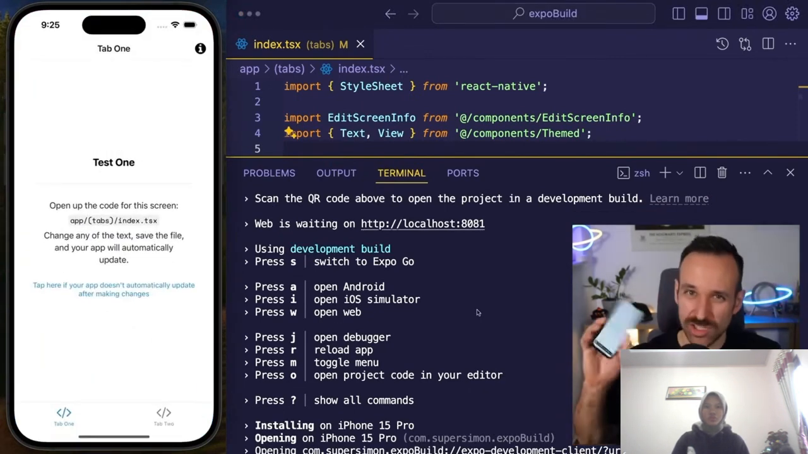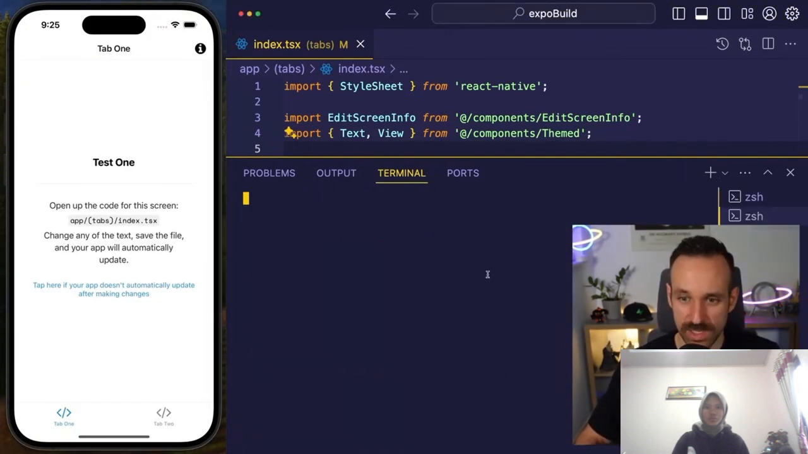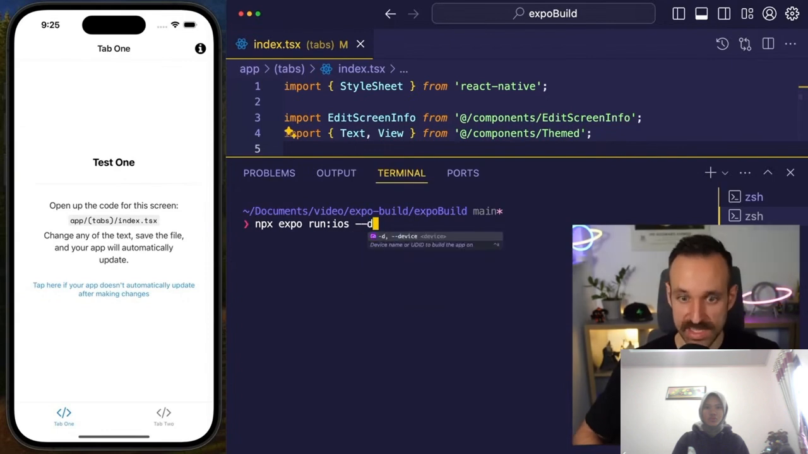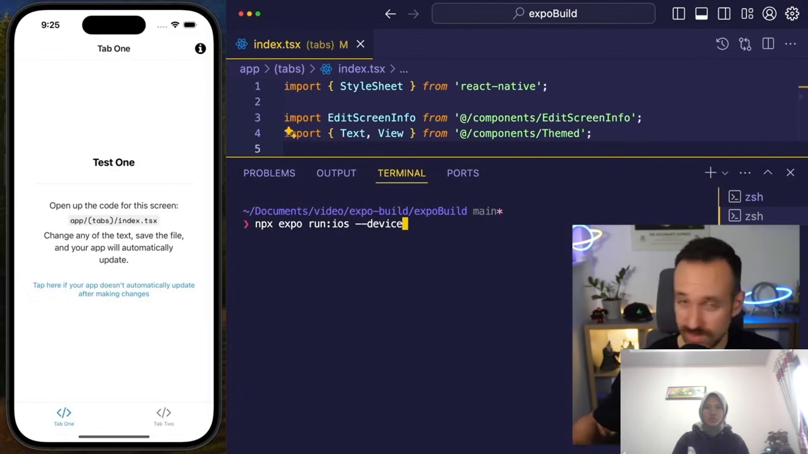That means on my device, I also now lost the connection. If I wanted to also deploy this to a device, I would have to follow up with the commands. So I don't want to mess up the command. Let's do a new terminal, npx expo run:ios --device. Then I could build straight to my connected device. And by the way, this should now also work over the network, so you don't even have to connect your